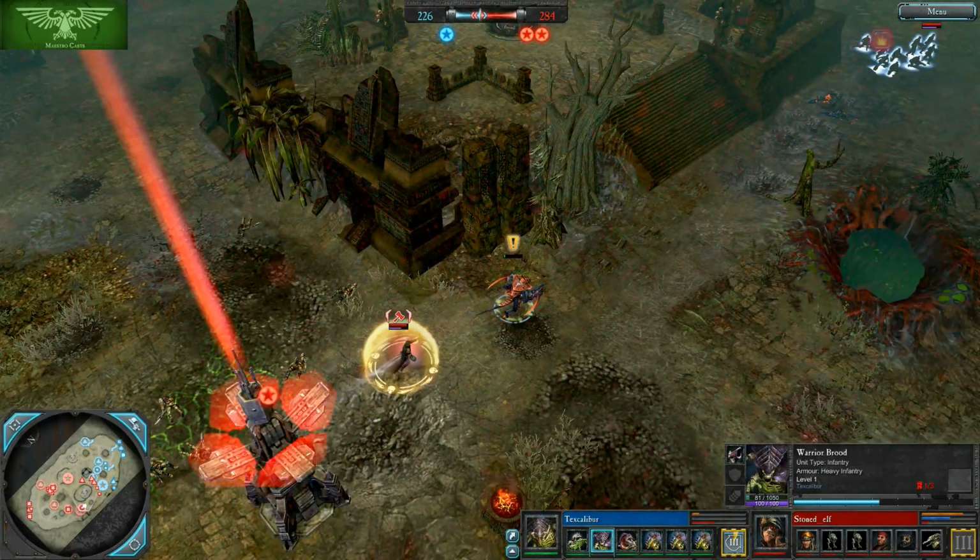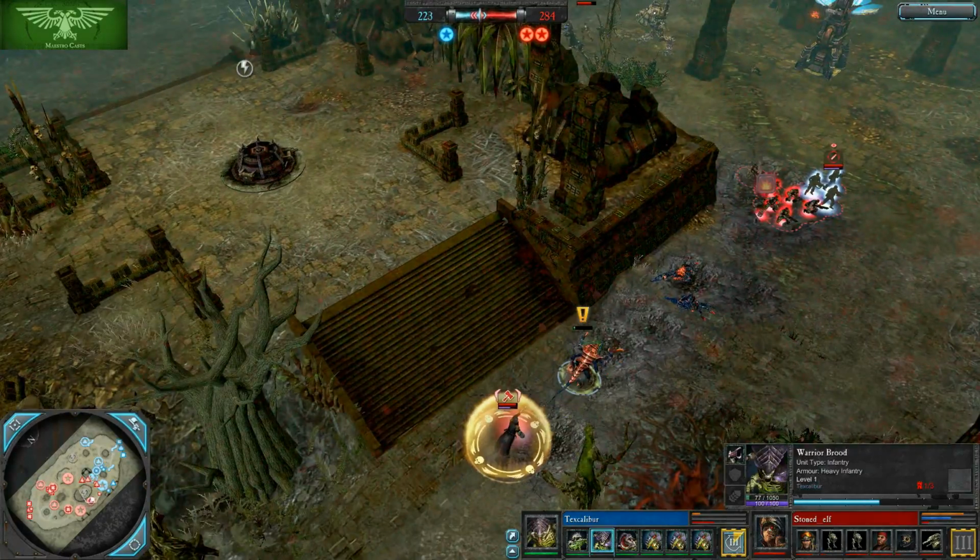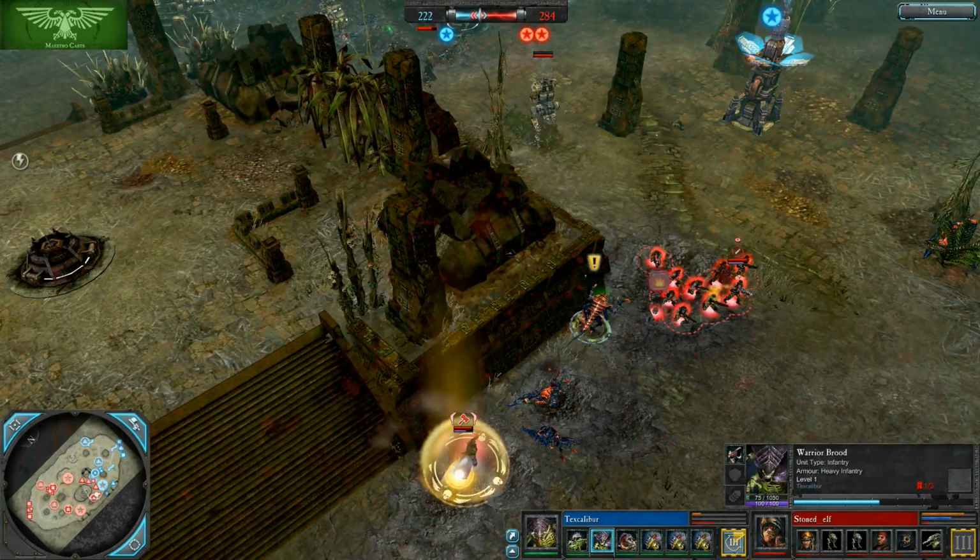Oh, that Warrior Brood, I think it would... No, it will not get out of there. Not with Catachans that could force melee. They could do whatever they want, pretty much. Hopefully we'll at least see...